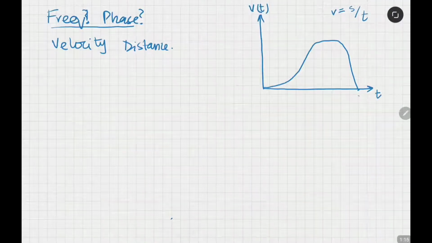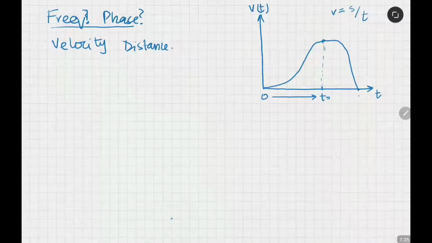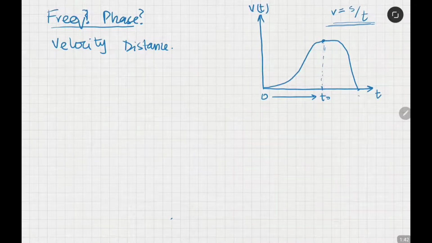Now if I want to find the distance from this particular curve, how will I do that? Let's say I want to find the distance that I've covered from time 0 till time t equal to t naught. All right. So how much is the distance that I've covered at this point? Now I know the definition of velocity, and the relation of velocity and distance is this, but here the velocity is not constant, it's changing. So